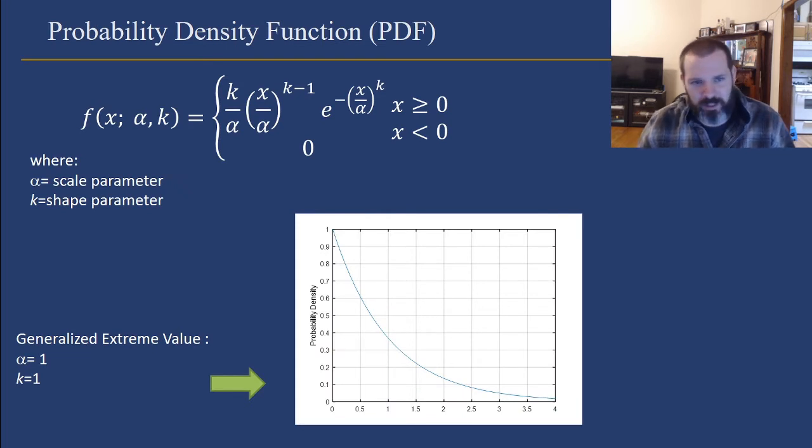So here is the probability density function, and it's piecewise, but what you can see is that when x is less than 0, it is 0. So it basically doesn't exist. Like I said, it is a positive distribution. Here again, the distribution isn't governed by descriptive statistics. It's governed by a scale parameter and a shape parameter.